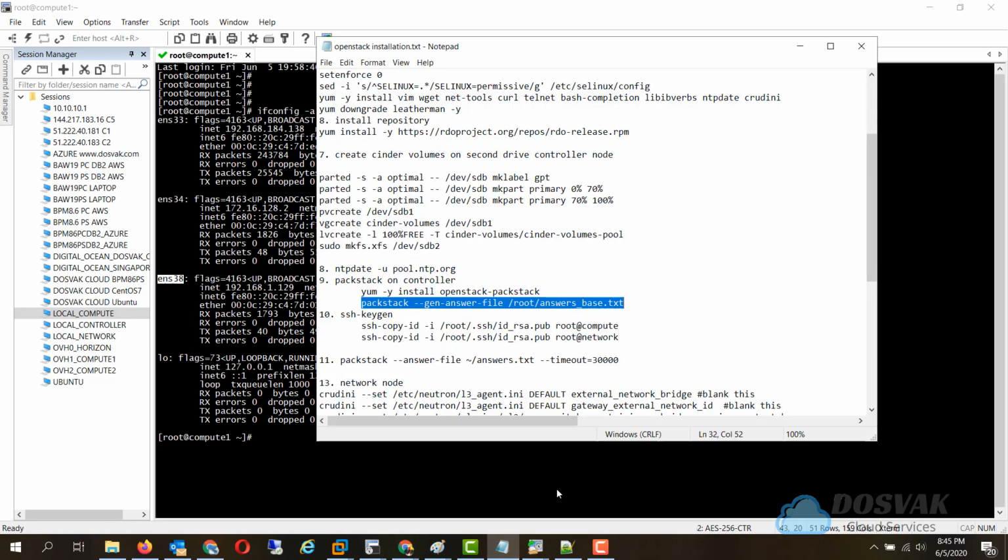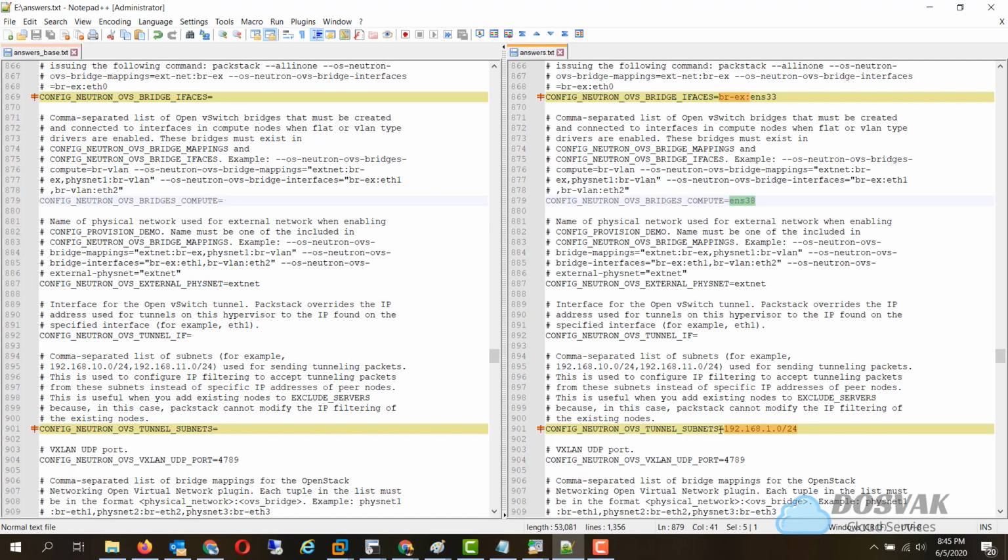So you can respectively change it according to your setup. This is also an important configuration. The tunnel subnet, if defined, helps in the communication and the configuration setup later on. So you need to specify your subnet for your inter-VM communication between the network node and the compute node.